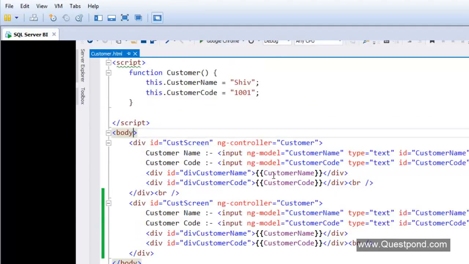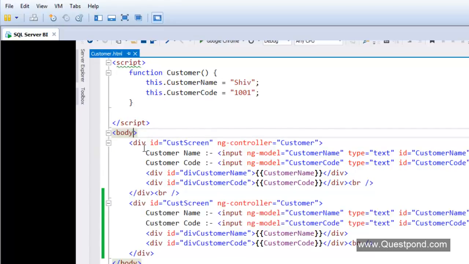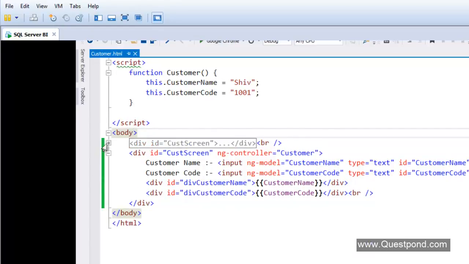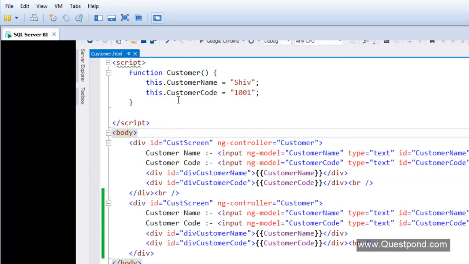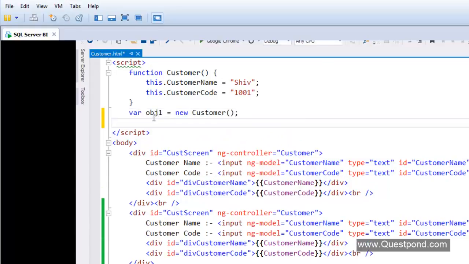But now the question is, who does this scope instancing? Who is responsible for creating a scope and attaching it to the start and end of this div tag and to the start and end of this div tag? Because if you see at this moment, the variables are connected to this instance. So if I go and create an object of customer, let us say obj1 is equal to new customer like this, and if I create one more instance, let us say obj2,